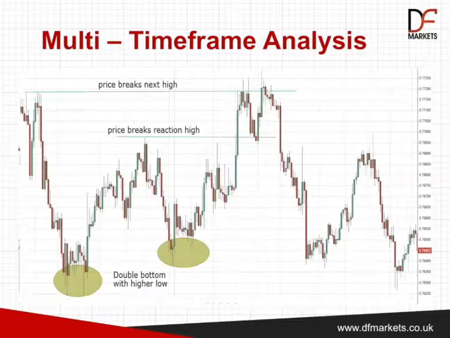This chart shows a period of price action on the 1 hour chart. You can see that the price has made a double bottom with a higher low and has broken out above the reaction low, which could be a good place to buy, anticipating a move higher. Similarly, you can see that after price does break higher from that level, that we start to push above the next high. Again, this could be a good signal that the market is breaking out and we should be looking